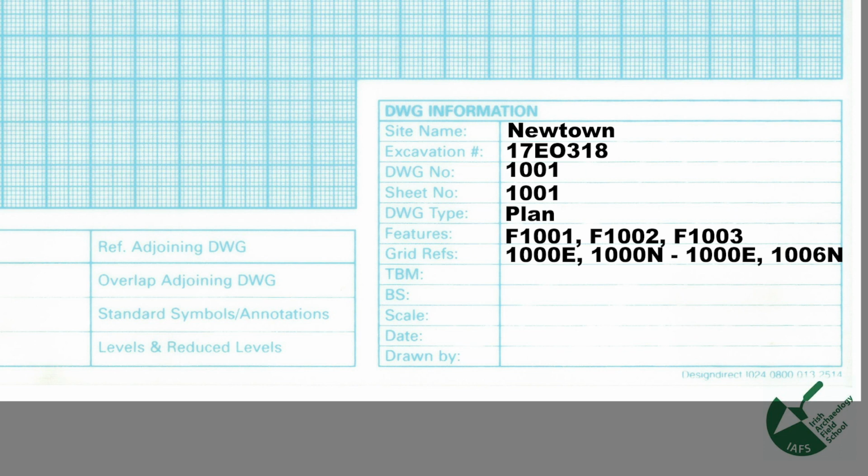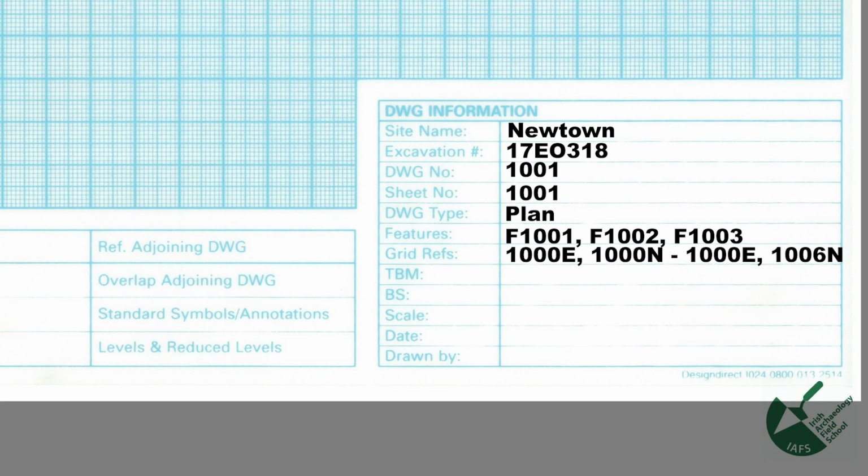Every drawing must have a minimum of 2 grid points. This is really, really important. Preferably 4, but a minimum of 2, because if they don't, you can't join them together or lock them together. So if I only put 1 point on this drawing, when this goes back into the lab and people are trying to join the drawings together and make sense of them, they don't know if it's orientated like that, or like that, or like that, and they don't have 2 points to lock them in. So a minimum of 2, preferably 4, okay?